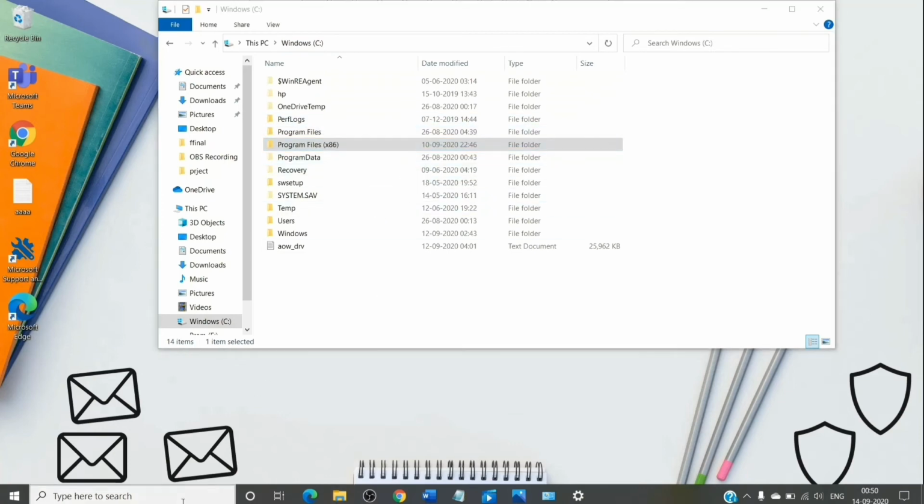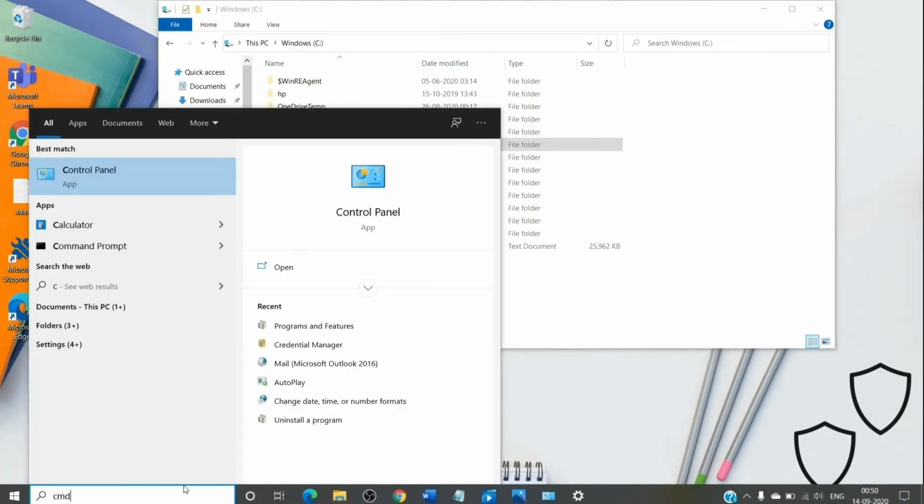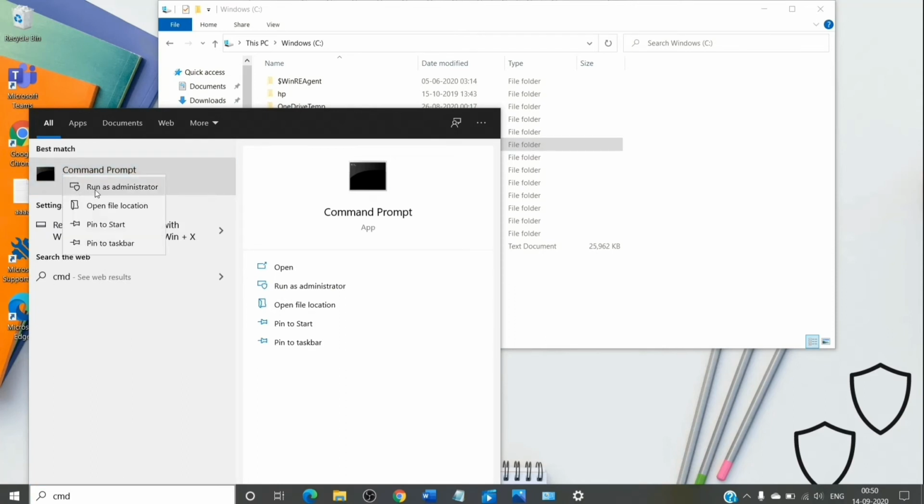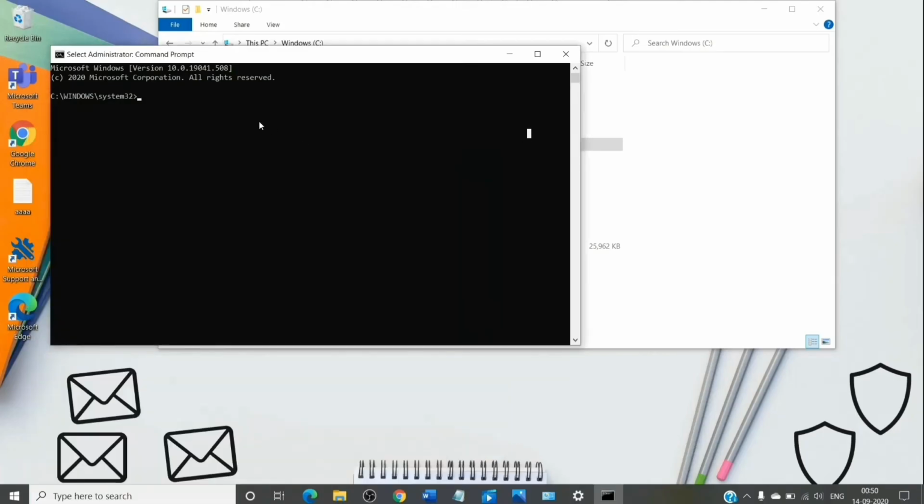Once we have copied it, we will open command prompt and run it as an administrator. Give the required permissions, and in this we will change the directory with cd and paste the path which we have copied, where it has the file located, and hit enter. So once we are in this location, we will perform two steps. It is basically two commands. One command brings up all the expired product keys on the computer, and the second command helps us to remove those product keys.